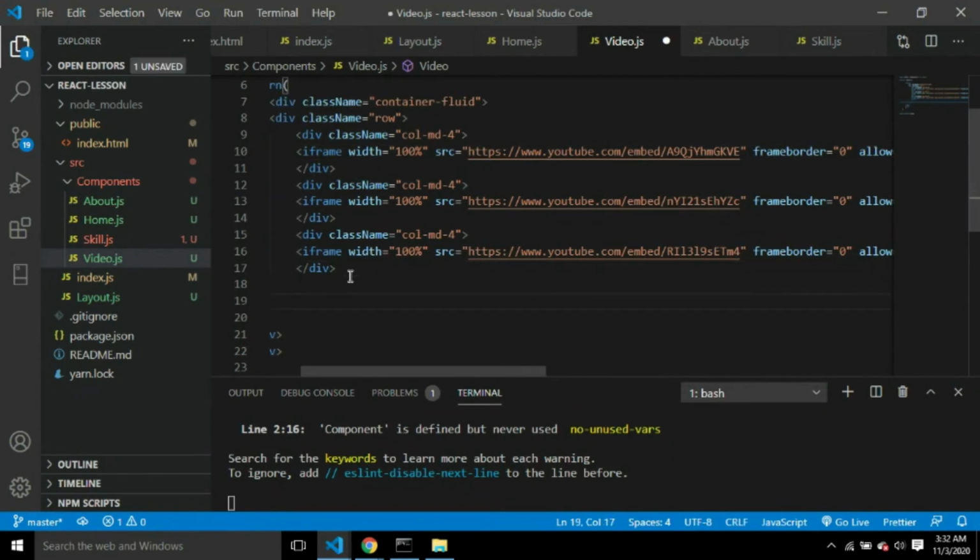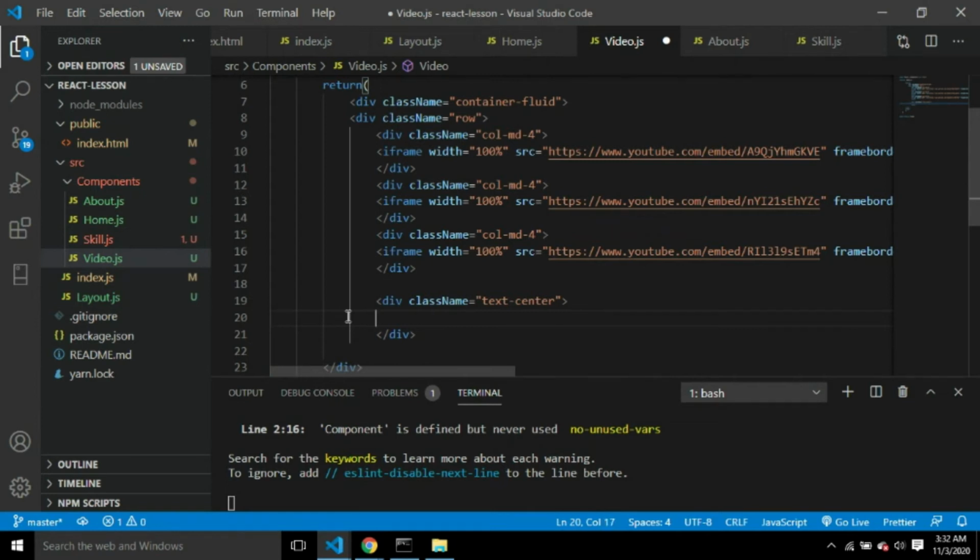Let's create a button. Let's say div, then this will be class equals text-center. Okay, so we're gonna have a button. This will be "See more videos by Ericsson." Okay, so if we save,